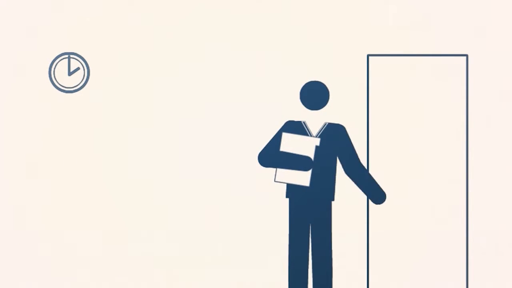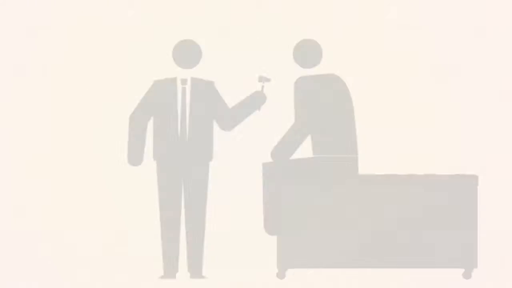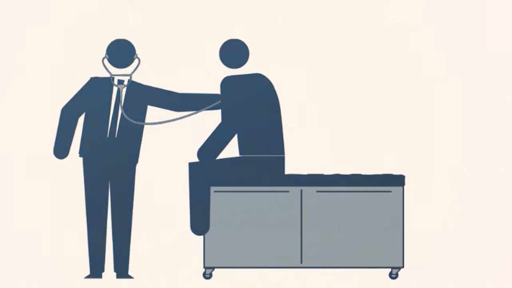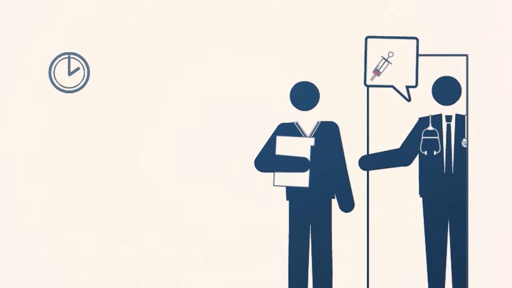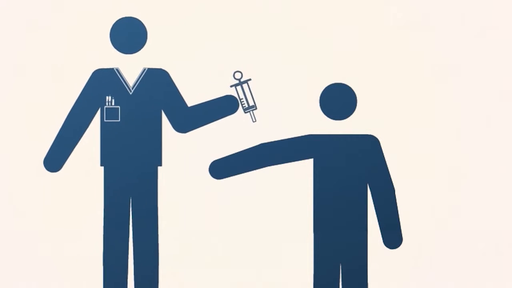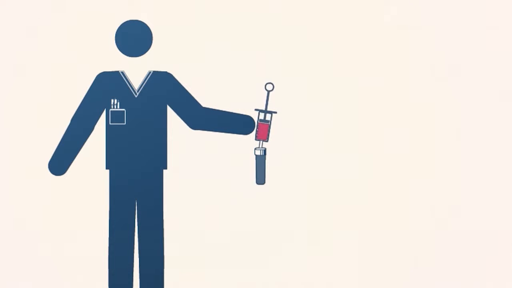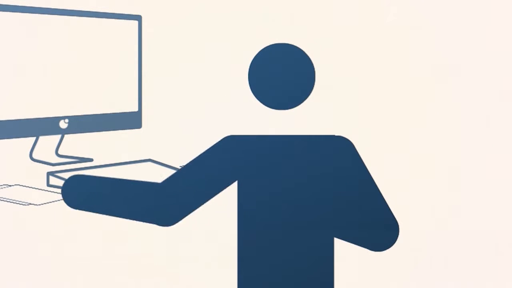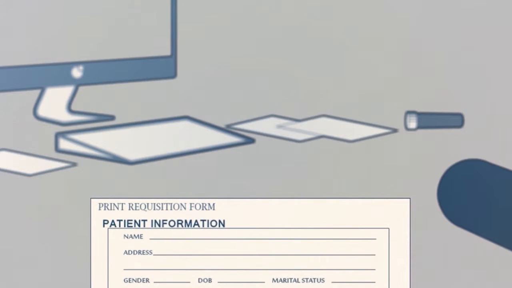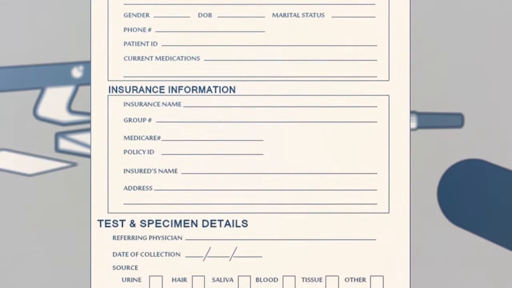The physician now examines Bob, asks the nurse to order a blood test, and takes a sample. The assisting nurse will fill out the requisition, starting with patient information, insurance information, and test and specimen details, copying